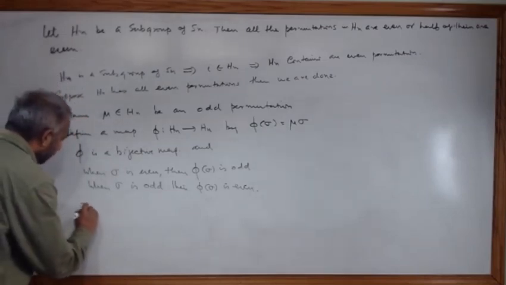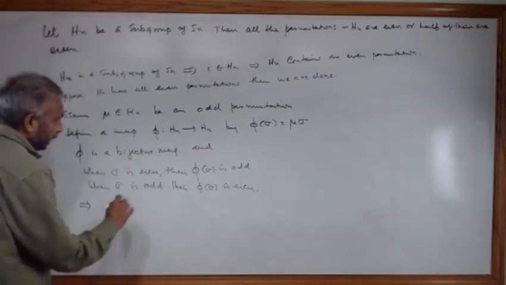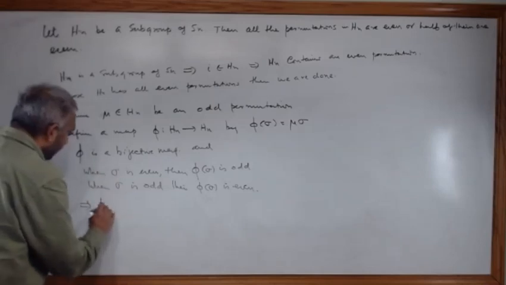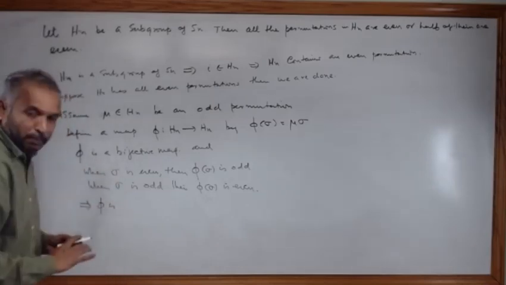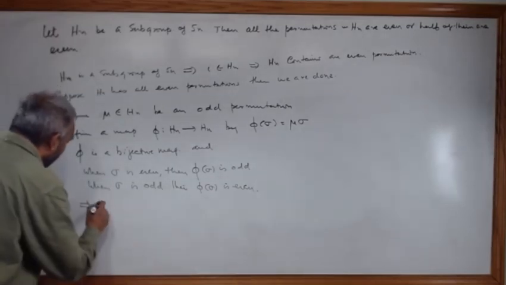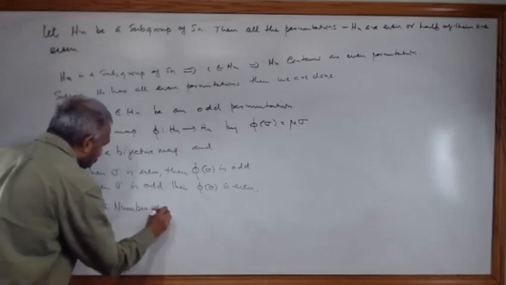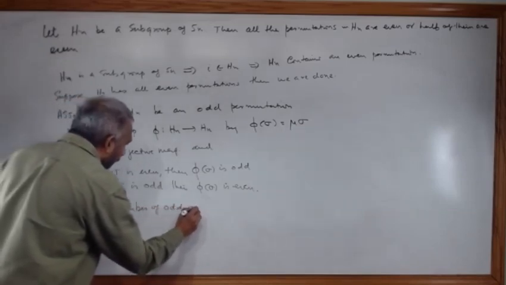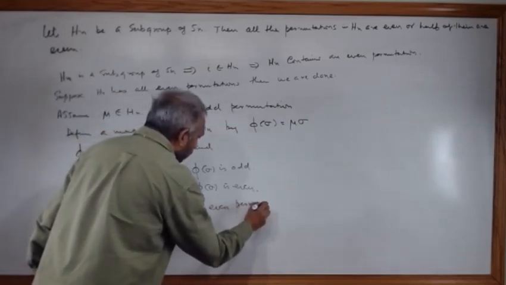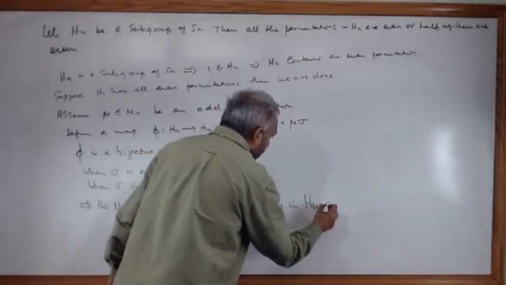And that implies the number of odd and even permutations in Hn are